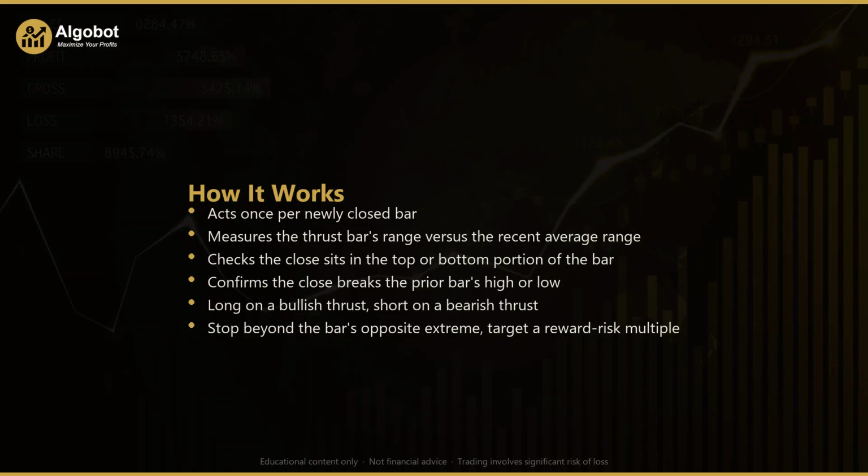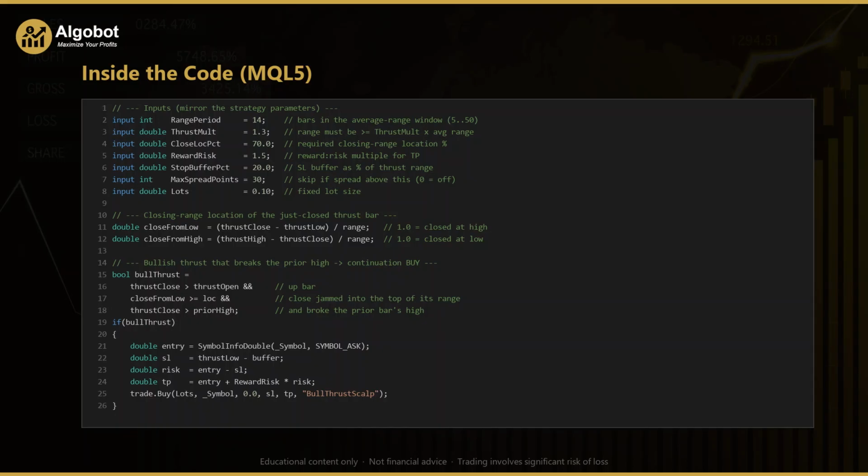The distance from entry to that stop becomes the risk. The take profit is then placed at a multiple of that risk, set by the RewardRisk input, which defaults to 1.5. A spread filter skips the trade when the spread is too wide, and only one position is allowed to run at a time. Now let's read through the actual MetaQuotes language code you see on screen, just as it